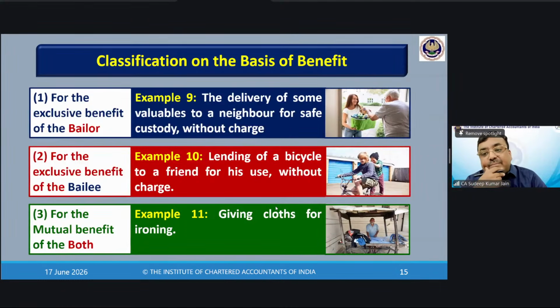अक्षित आपने स्लाइड नहीं पढ़ी, आप पूछ रहे हैं विकास पार्क हिज कार एट पार्किंग लॉट, यही तो एग्जांपल लिया था मैंने अभी, आप प्लीज देखो उसको। अगर पार्किंग लॉट पे कार कीप और चाबी अपने साथ ले जाता है तो वो बेलमेंट नहीं है, अभी तो पढ़ा बेटा। For the mutual benefit of both, giving cloth for ironing purpose, because you will get your cloth ironed and the iron man gets the money, the consideration.